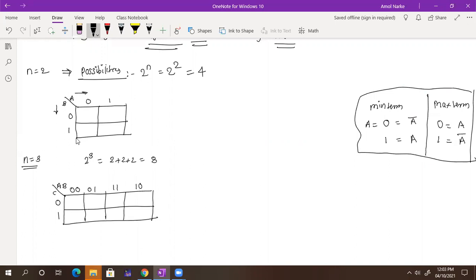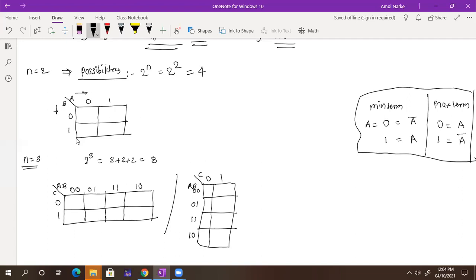Got it, how I am going to write this? Someone is saying, sir, I can write it in another way also. Yeah, you can write it, no problem. Someone is saying, sir, I wanted to write it like that. You can write it, no problem. Now tell me, here you can write A, B, and C depending on your variables. So I can write here the C variable, here the A, B variables. So 1, 2, 3, 4. So what you have here, firstly 0, 0, then 0, 1, then 1, 1, here 1, 0, and here 0 and 1.